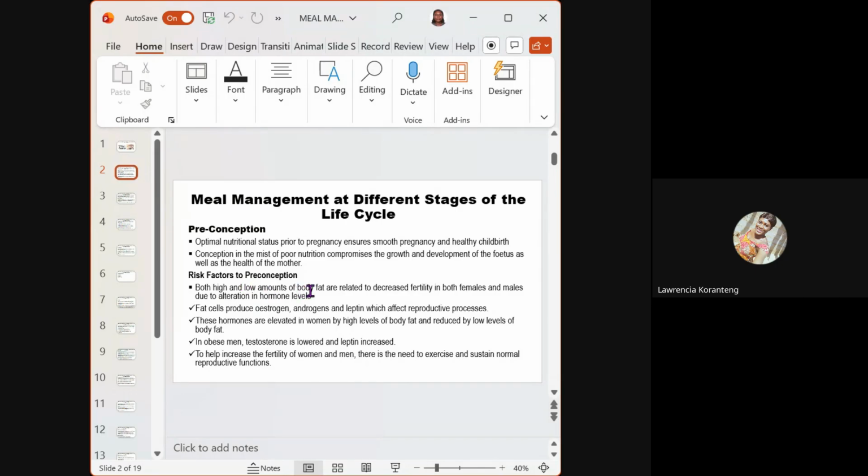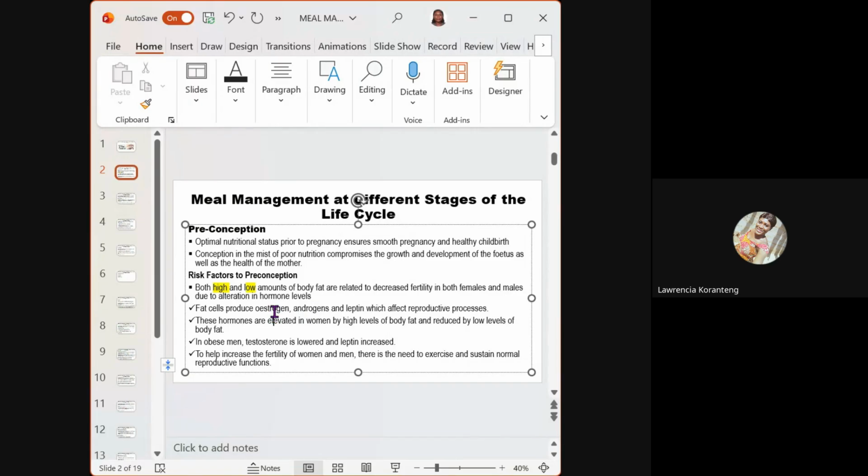Both high and low amounts of body fat are related to decreased fertility in both males and in women due to alteration in hormone levels. So it means that if you want to get pregnant as a man, even before you can get your woman pregnant, you need a good amount of fat in your body, because if the fat is too high or too low, it can cause alteration